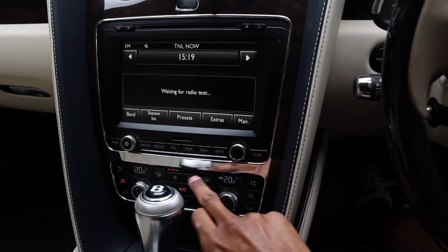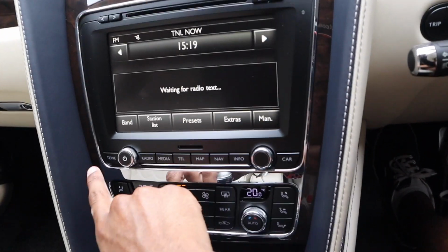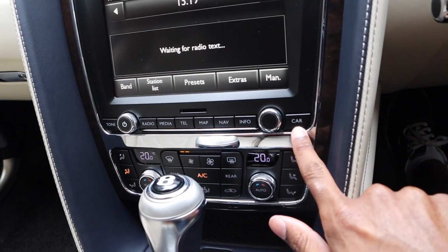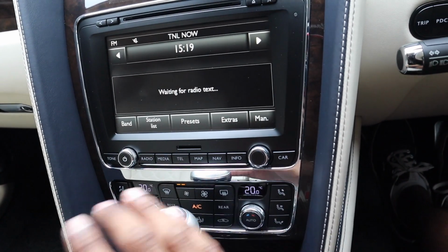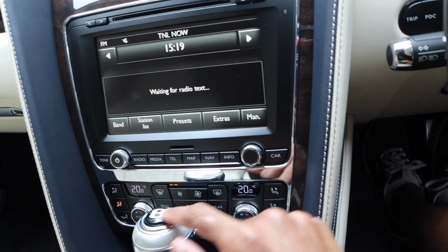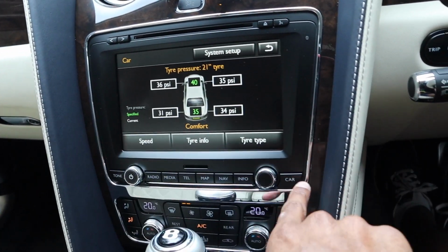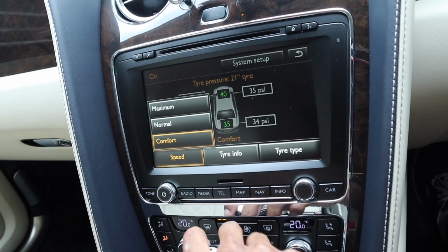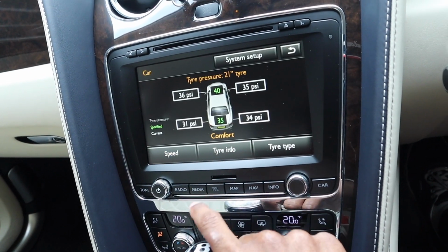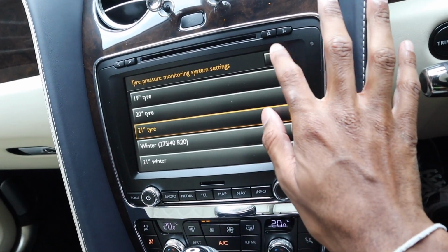So coming to the infotainment system, this is sort of the older style Bentley infotainment system. So we have our shortcut buttons right here: car, info, nav, map, telephone, media, radio, and tone. There isn't any like home button that I can see, which is kind of annoying, but that's alright, it's not such a big deal. So if you go to car, you can see your tire pressures and stuff like that. So your speed, maximum normal comfort, tire info, tire type,